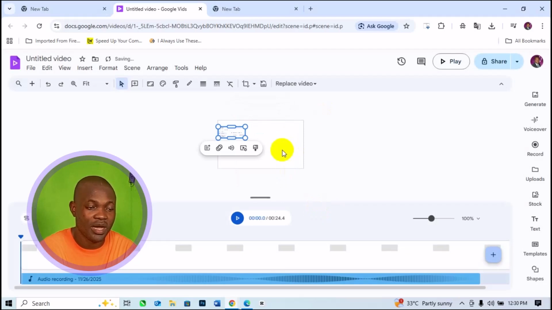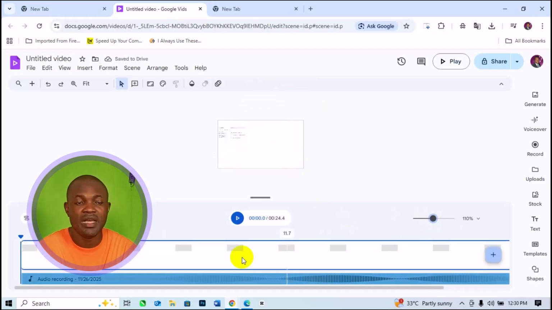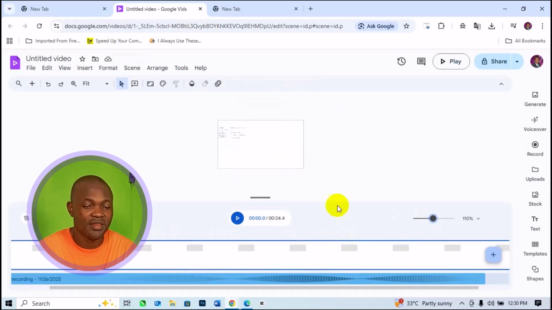So here we can zoom out just for us to see the audio wave. So you can see the audio wave. We can edit as many things as possible, everything right here as far as this particular tool is concerned. Let's go back to the